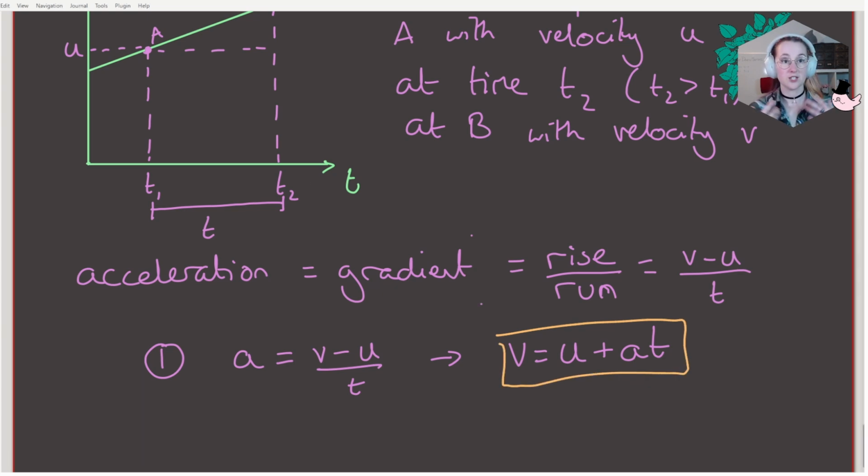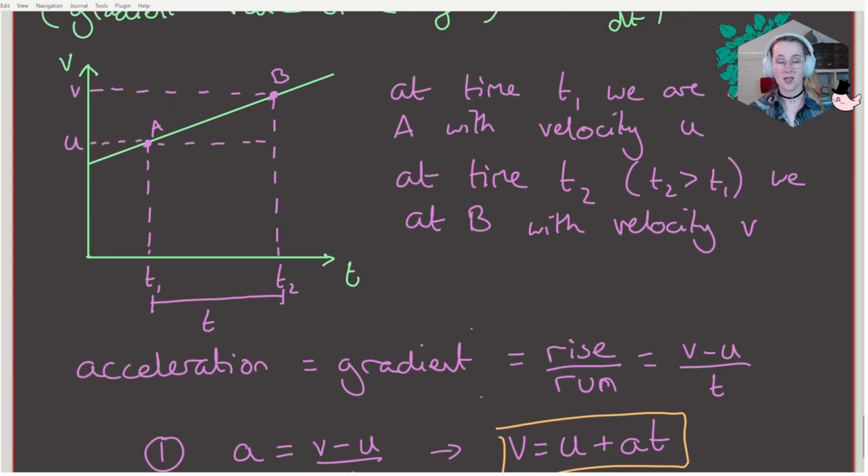So the other one that we can derive from this picture is for displacement. With regards to a velocity-time graph, if we go way back, I said that velocity was the rate of change of displacement and acceleration was the rate of change of velocity. So graphically,